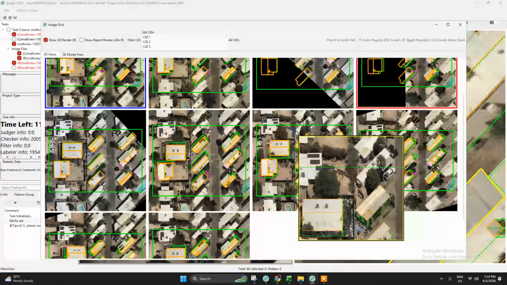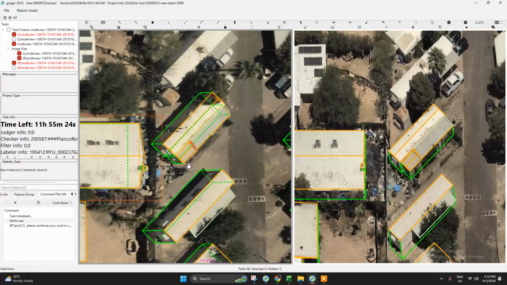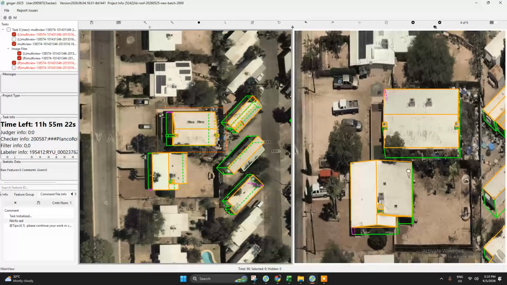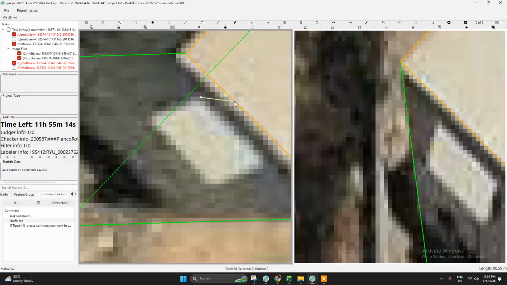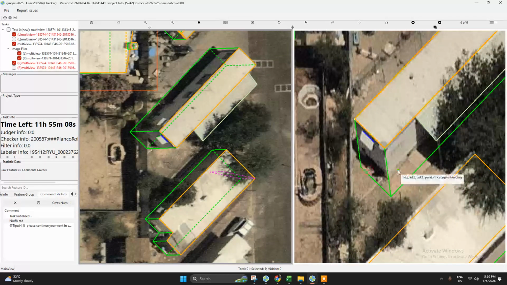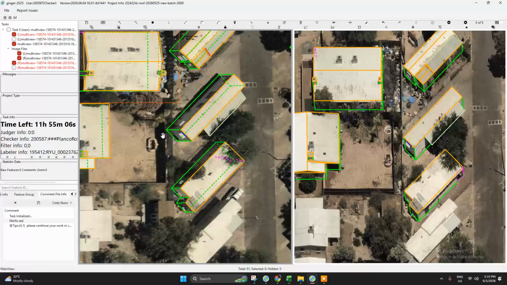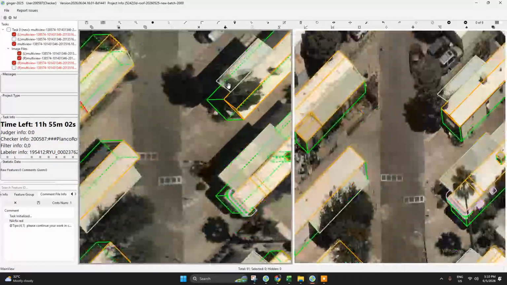Let's try this one. Okay, so oh no, where is our target building? This one. Okay, so for this one, again, we will use 9 to connect to the wall. We need to make an assist line. I think our wall is too long. Let's adjust. Oh, this was our target building.